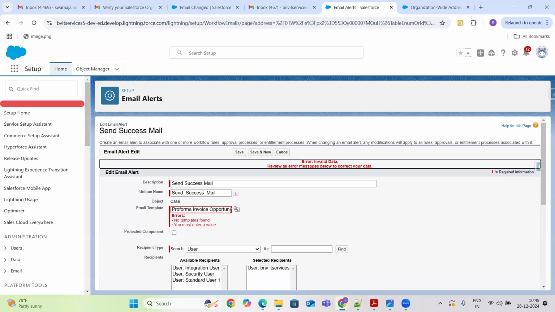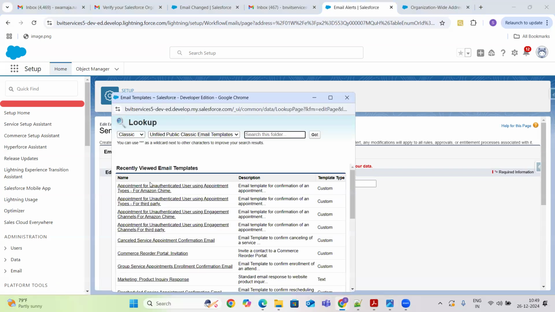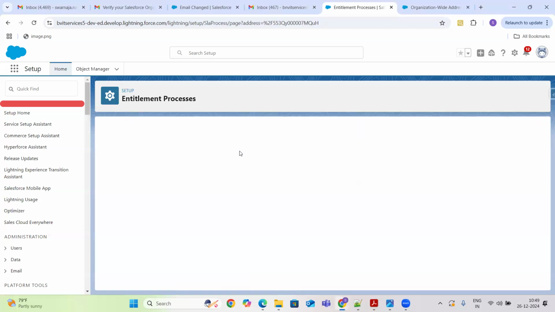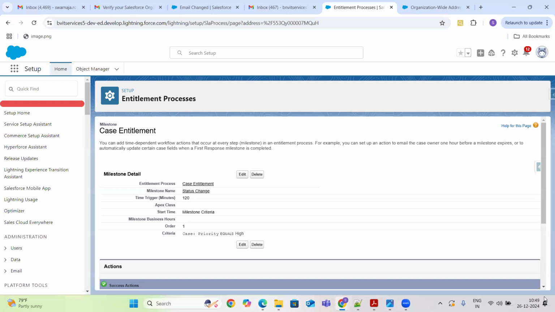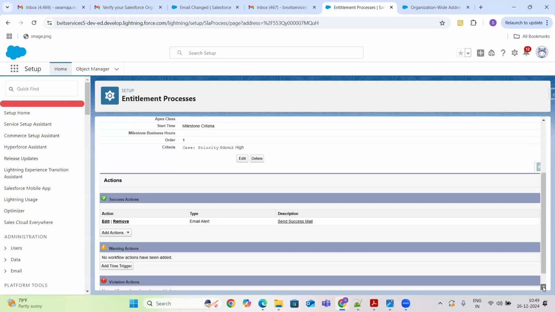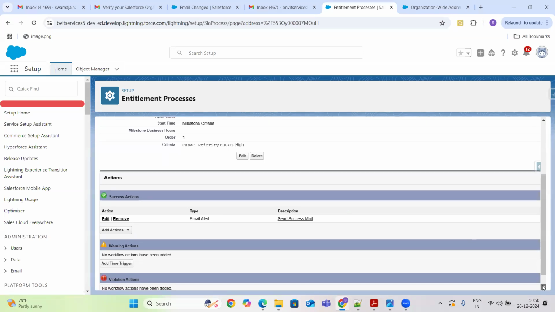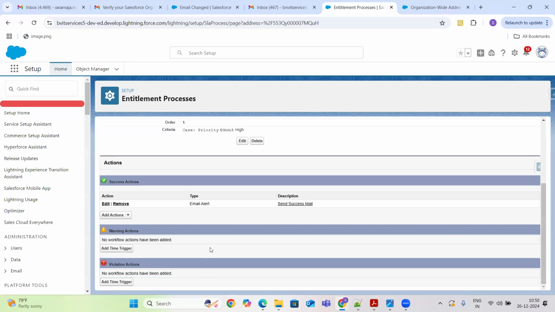No email templates found. You must select a value. Okay, I just selected it. As soon as my milestone is a success, it will send a success mail. The same way you can configure the warning actions and violation actions also, guys.